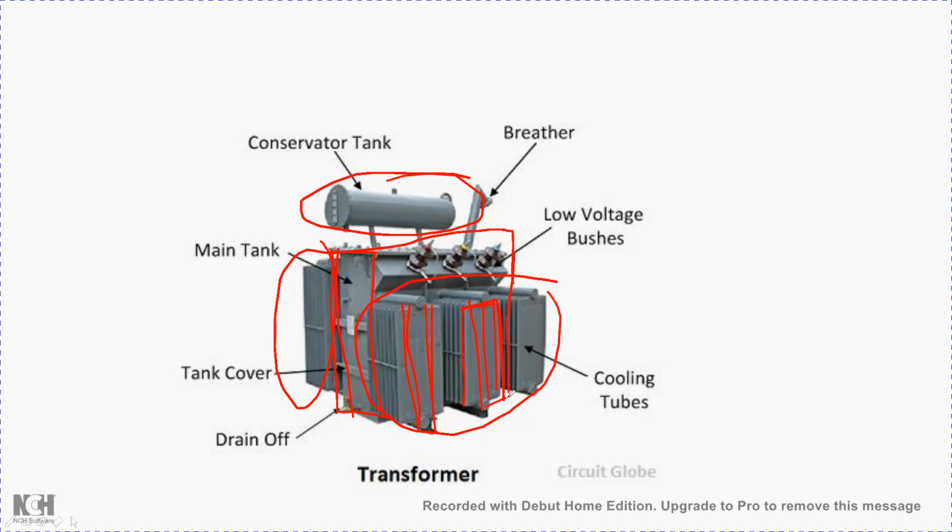Why? Because here you can see the main pipe. This pipe is directly connected to the inside of the transformer. Hot oil will usually come towards the upper side. As it gets heated up, the hot oil comes to the upper side and starts flowing towards this pipe, and through the pipe it moves inside these plates. These are rather called tubes. They provide sufficient area for the cooling of the oil inside. As they have a particular width and height, this area is sufficient to cool the amount of oil here.